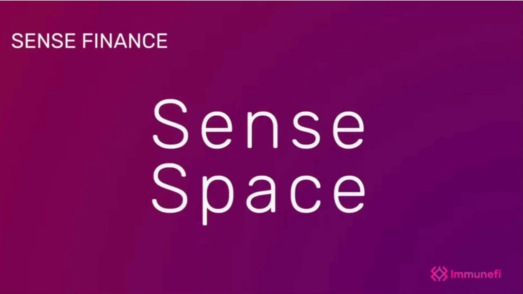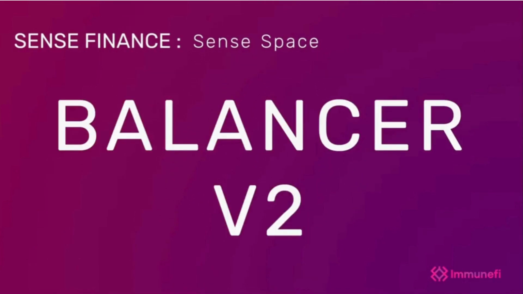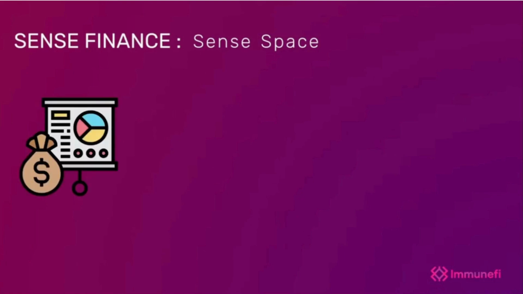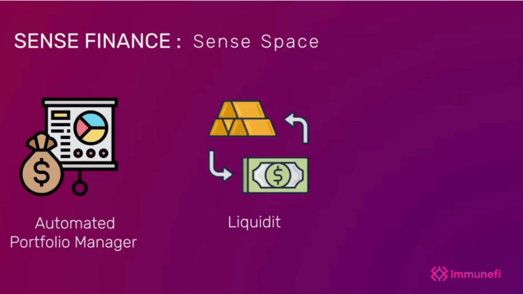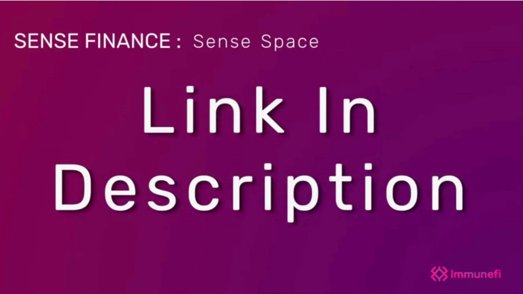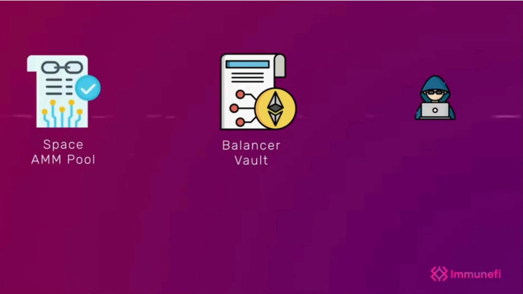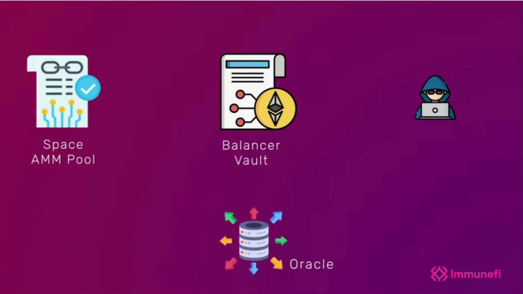Sense Space is also an AMM contract developed by Sense Finance, which is built on top of Balancer v2. Balancer is an automated portfolio manager, liquidity provider, and a price sensor. For more details on how Balancer works, check out Balancer's blog post in the description of this video. When the Balancer Vault performs a token swap, it will call the onSwap function in the Space AMM pool to determine the output amount based on the token balances. In addition to the reserve information provided by the Balancer Vault, the callback updates the stored Oracle information on the